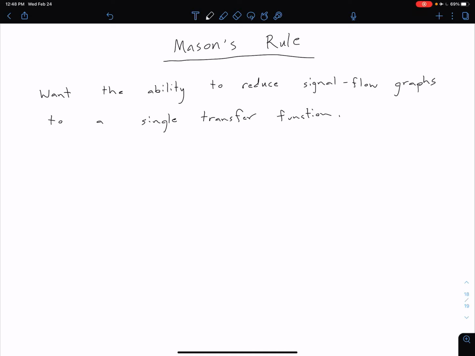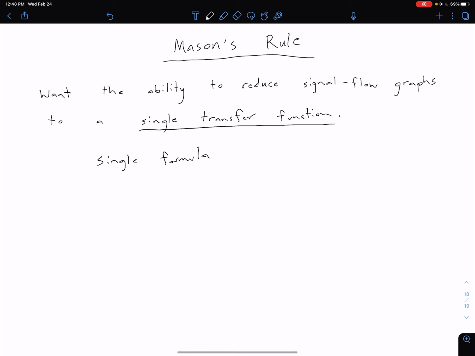Now that we're familiar with signal flow graphs, the next thing that we want to look at is how we can reduce that signal flow graph to just one equivalent transfer function. As I mentioned before, we're going to use something called Mason's rule to do that. Again, our main goal here is to reduce our whole signal flow graph to one single transfer function. And what we're ultimately going to see is we can do this with just a single formula using Mason's